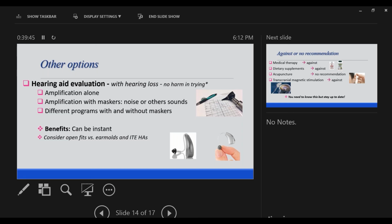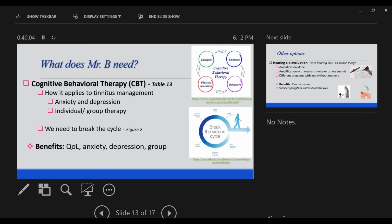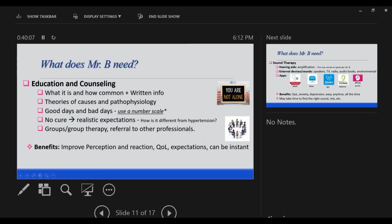So the patient can maybe, remember I was telling you, use a number scale. So how bad is your tinnitus? If they're having a bad day, then they might want to use it, and other days they might not want to use it. Okay, and then one important thing I was going to mention about using the scales here, when I was saying, do you have good days and bad days? I noticed this when I was doing group therapy once. The first thing we did when we first started, I asked everybody on a scale of 1 to 10, right now,